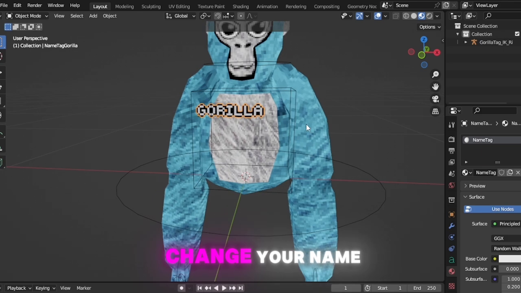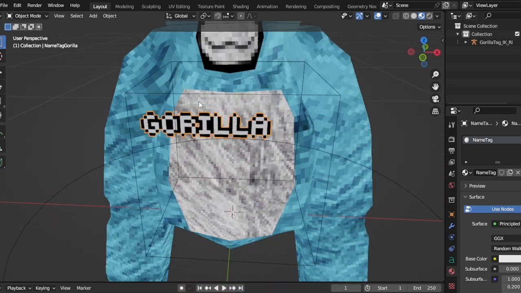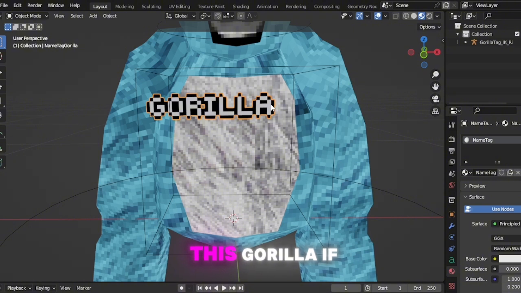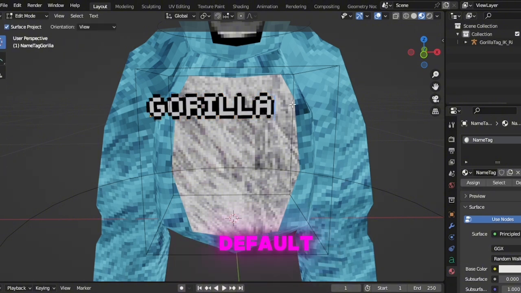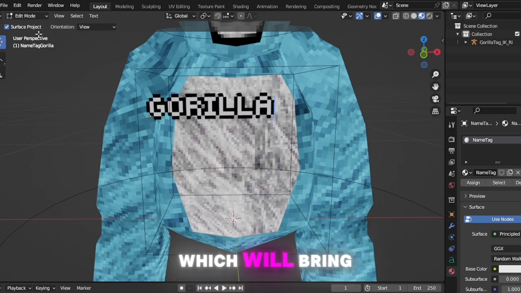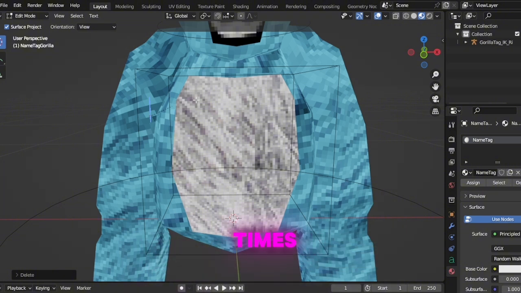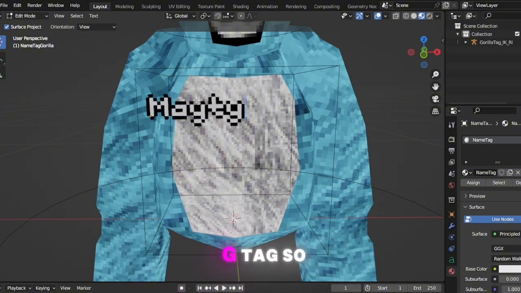Here's how you change your name really quick before I end the video. You'll just see this gorilla if it's on the default. You just want to press tab once you have it selected, which will bring you into edit mode, which basically means you can then press backspace a bunch of times and then type in your real name. So I'm maybe Gtag, so I would just put maybe